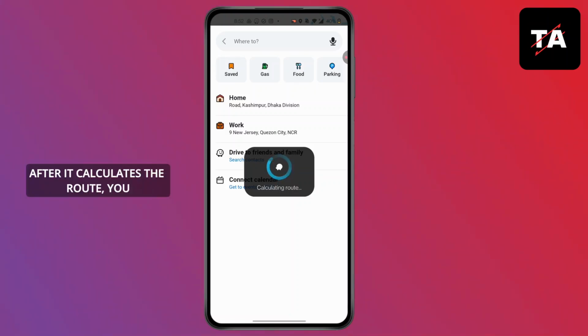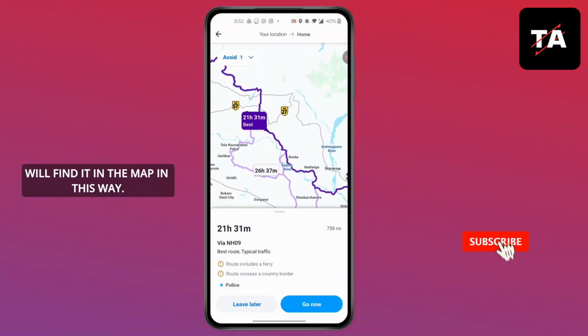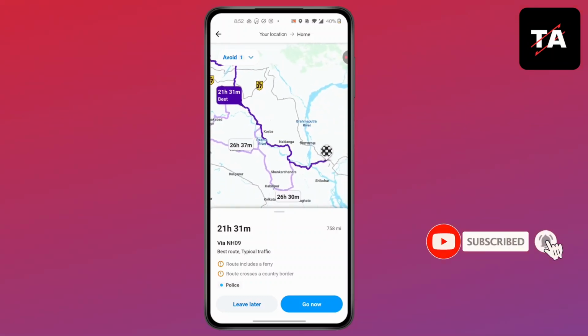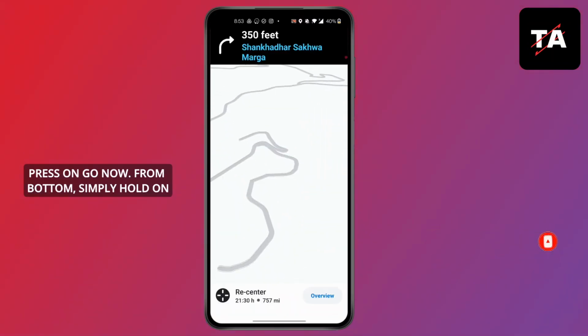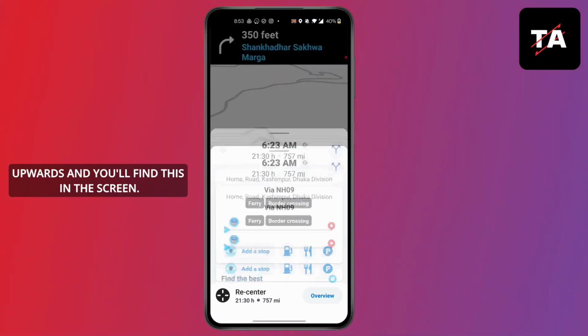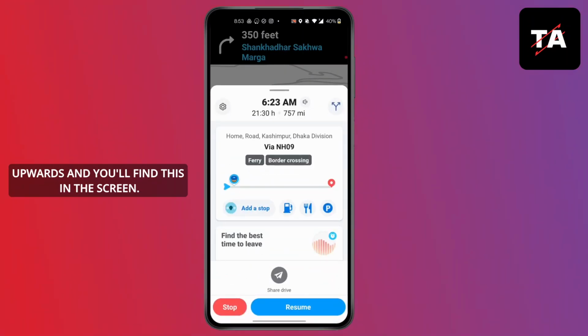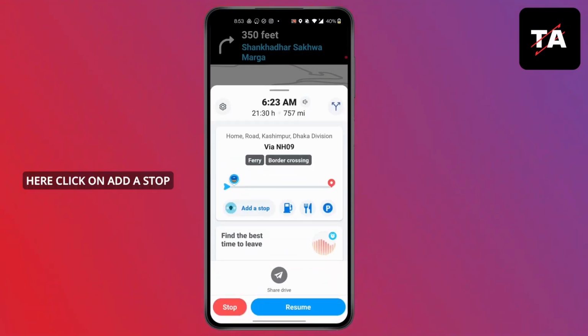After it calculates the route, you will find it in the map in this way. Press on Go Now. From the bottom, simply hold and swipe upwards and you'll find this kind of screen. Here, click on Add a Stop